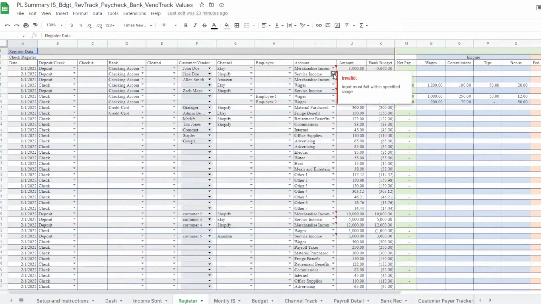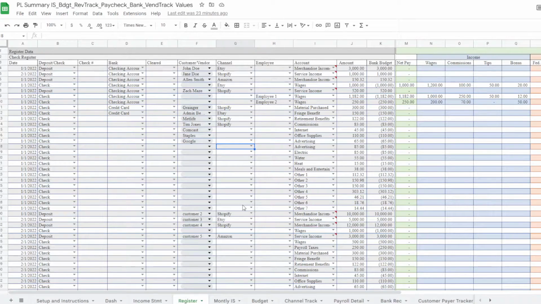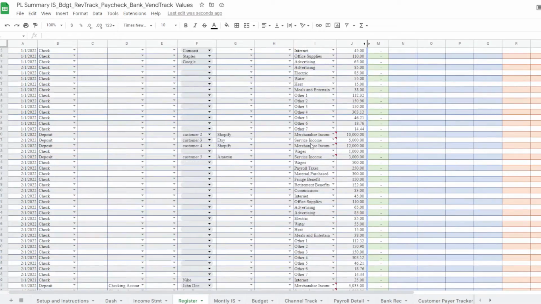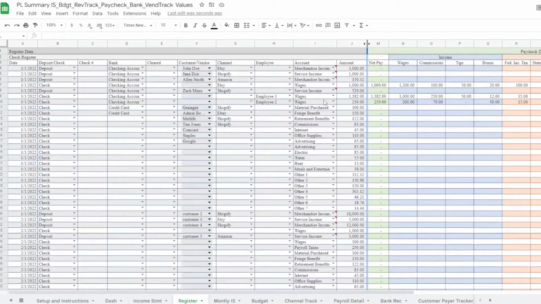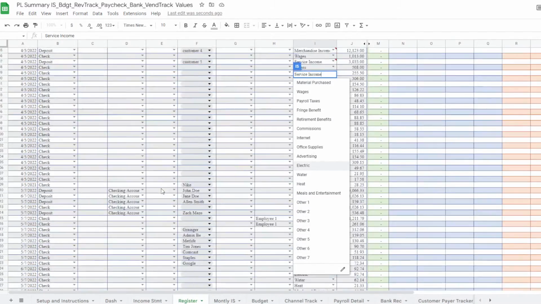As you enter things, sometimes you're going to find this little red triangle on the account that says invalid, and if you click on there, the thing that you may have selected may not be there as well. And I want to explain what that is. What that is, is that Google Sheets doesn't really do the drop downs, the dynamic drop downs, very well. And so the way that this formula writes in here to get the correct drop down is when you're entering